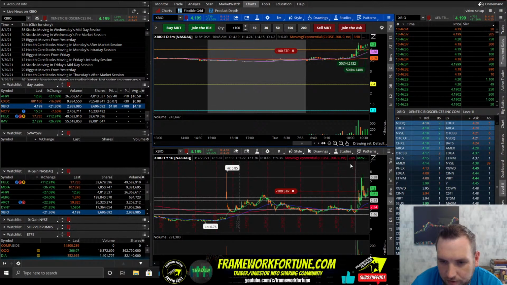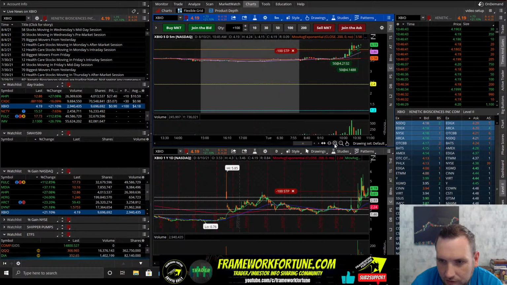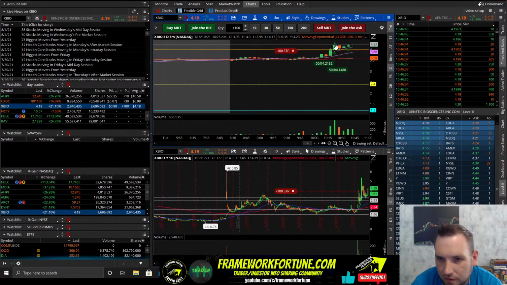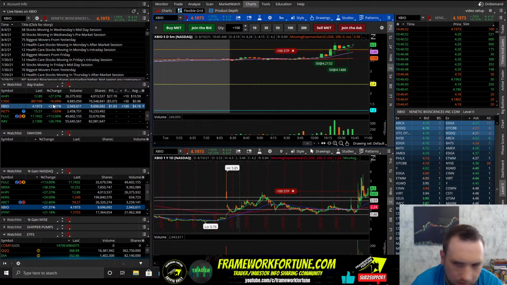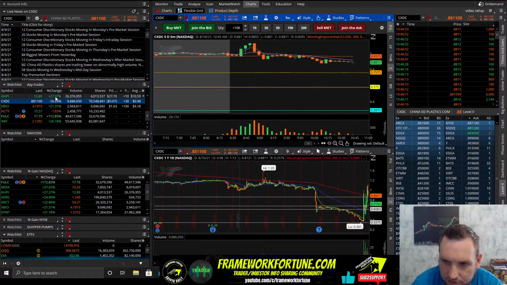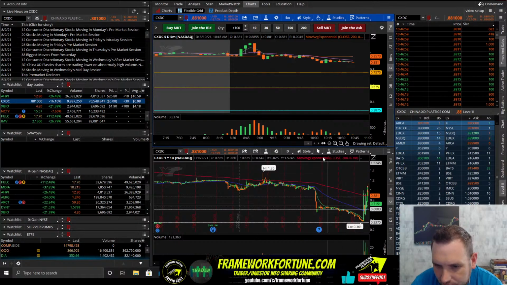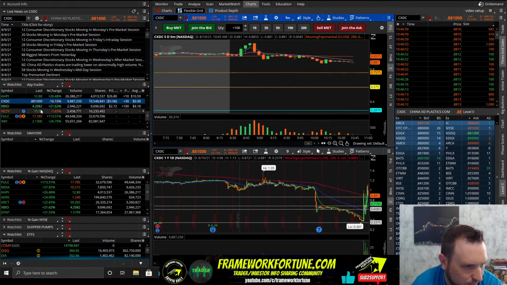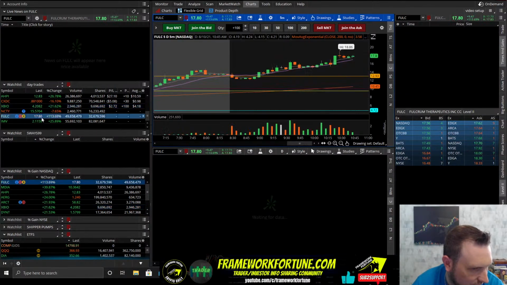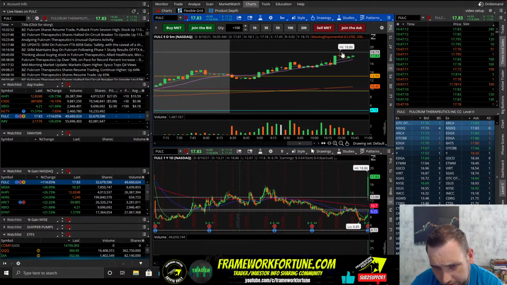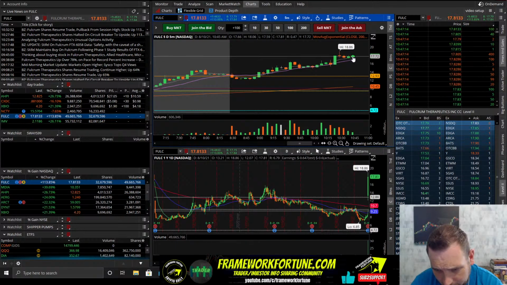XBIO just slowly building up here. CHPSC, C80X. See, this is the swing I was holding. And it did get a little pop up, but I'm going to hold it for now for a little bit. See, XBIO's trying to get up to that 425. Oh, FULC might try to go again here.